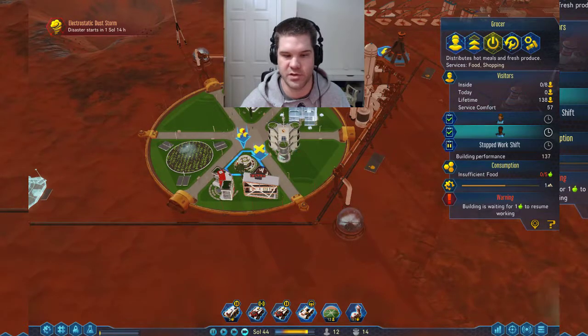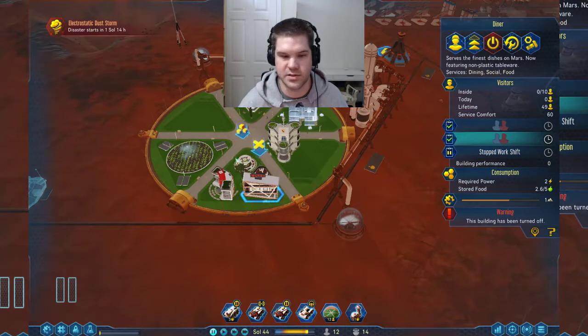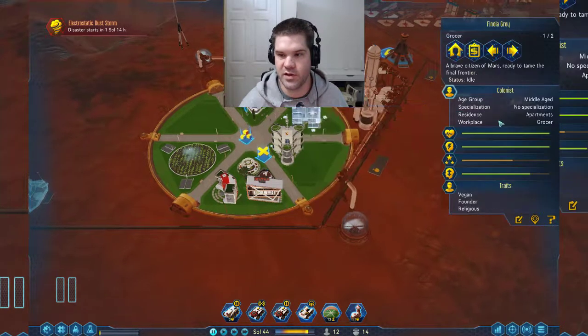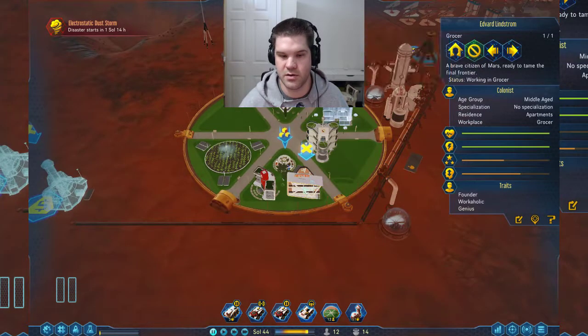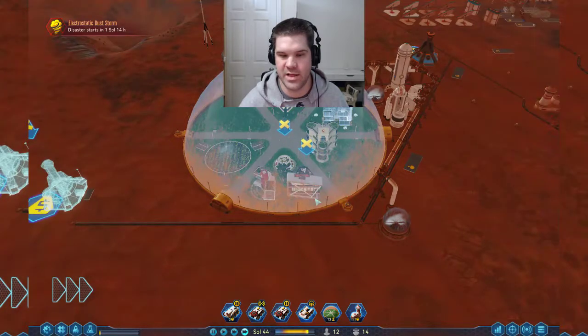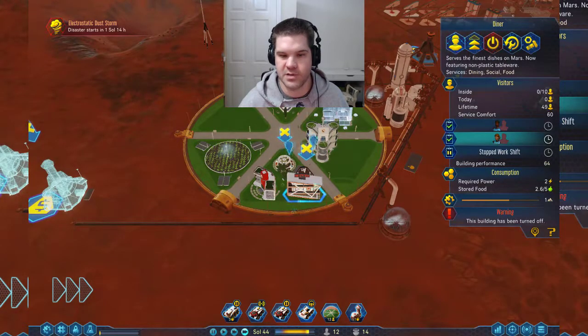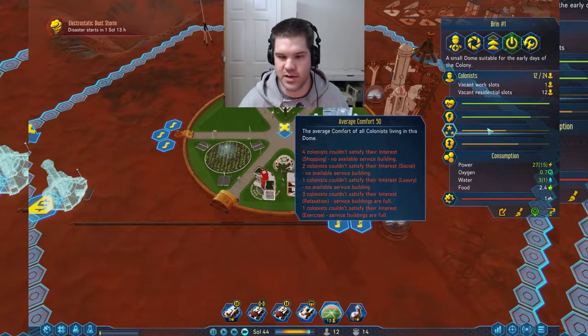Yeah, no food here. So I'm wondering if... Let's do this. Let's move these guys from there to here. And then we'll close this up. That way... Because people can still eat here. They can't really shop. Let's see what...